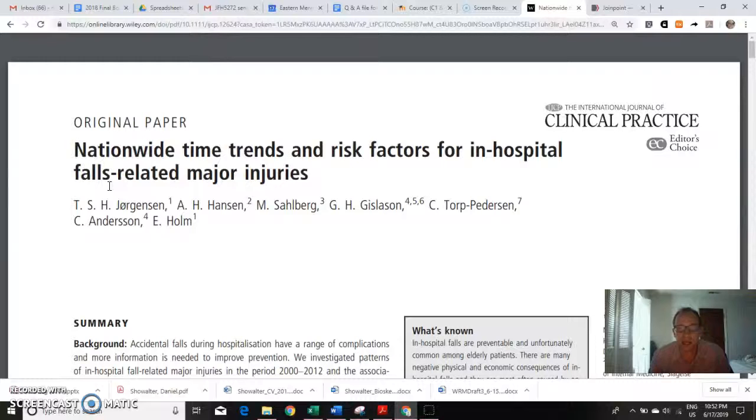And this is a fairly recent article. It's in a peer-reviewed journal. It's got a nice substantial data set. And most importantly, they conducted a logistic regression as the heart of this study, which is why I want to